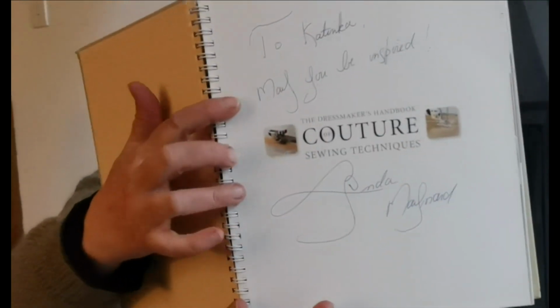So I took the second-hand book and I gave it to a friend of mine who also loves sewing. And I kept the one she sent me. "To Katinka, may you be inspired. Linda Meinhardt." And what I love about this one is it's